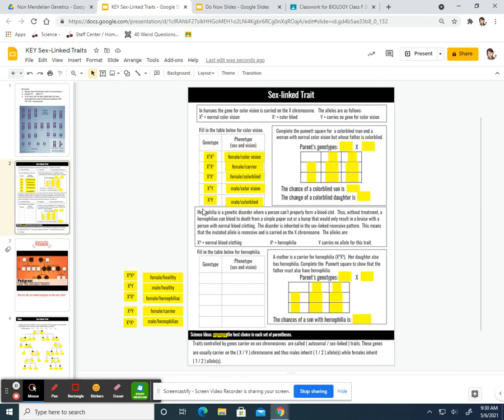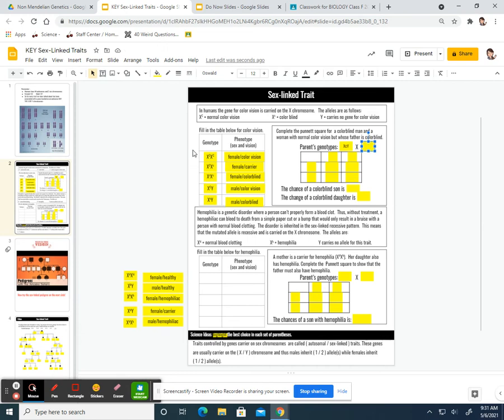So if I look back over at my chart, the genotype that would lead to a colorblind male would be X little c Y. And again, guys, it's hard to make the superscripts on slides. So as long as you have the letter, either capital or lowercase depending on what we're talking about, that's fine. Y would be dad's genotype. And then we have to figure out mom's genotype. So it says she has normal